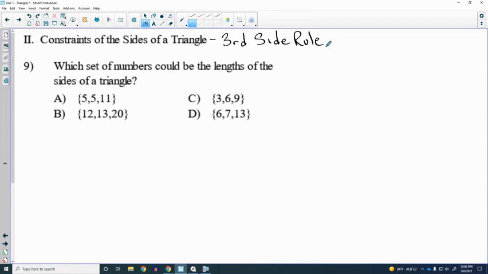And it's just a general rule, something that's true for all triangles. I call it the third side rule because I like to just use 2 sides of a triangle to determine what the third side can or cannot be. There is a general rule. And here's what the general rule says, the third side rule. It says that